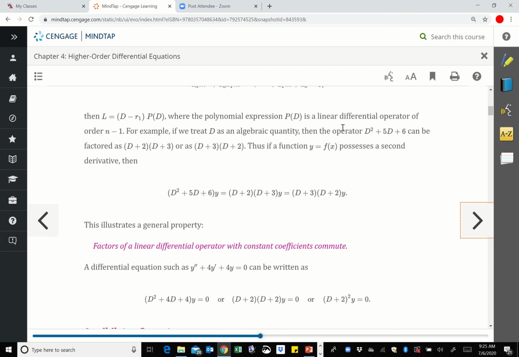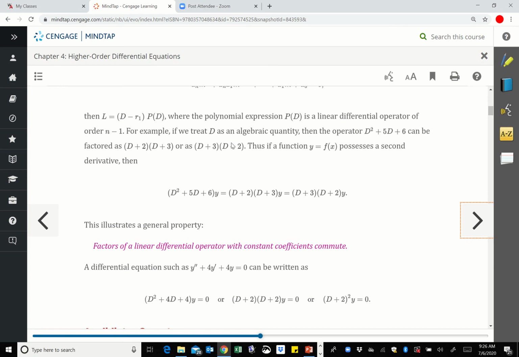As an example, if we had the differential operator D squared plus 5D plus 6, if you just treat the D as if it was an x variable or y or m, like back when you learned how to factor, this expression would factor as D plus 2 times D plus 3. Algebraically, we know that multiplication is commutative, so it would also factor as D plus 3 times D plus 2. But you have to be a little bit careful here,